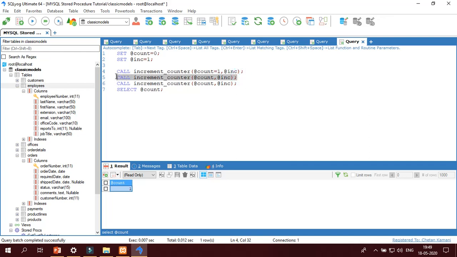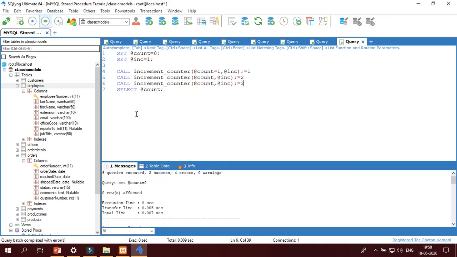After that, when this stored procedure executes again, the count variable value is already 1. It will pass 1 as the increment, so the output will be 2. Now the count value is 2, the output is 3. The output must be 3. You will get it once you practice it.